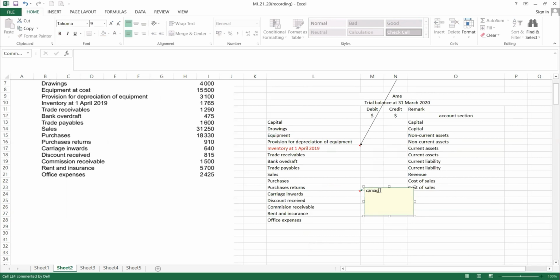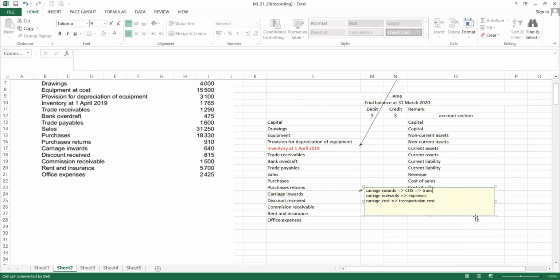Okay, carriage inward. This one is under cost of sales. Okay, cost of sales. Okay, carriage outward under expenses. Both also carriage cost actually is a transportation cost. Both also transportation costs, but one is under cost of sales, one is under expenses, because this is